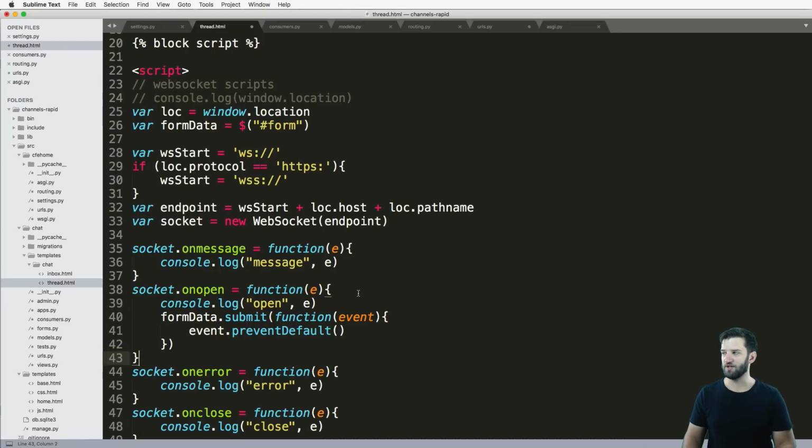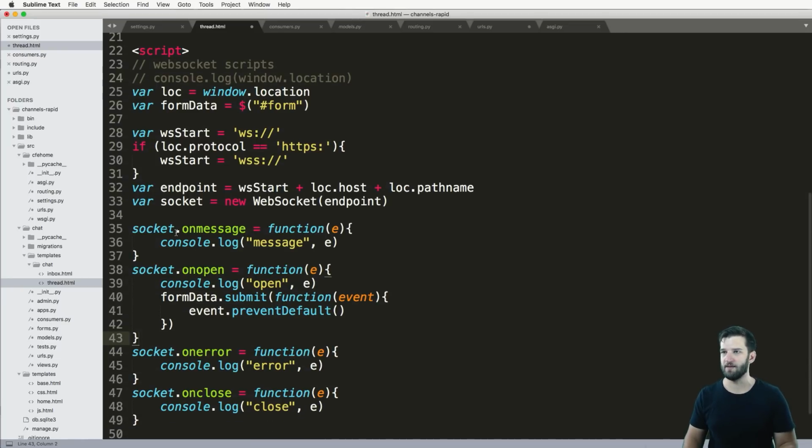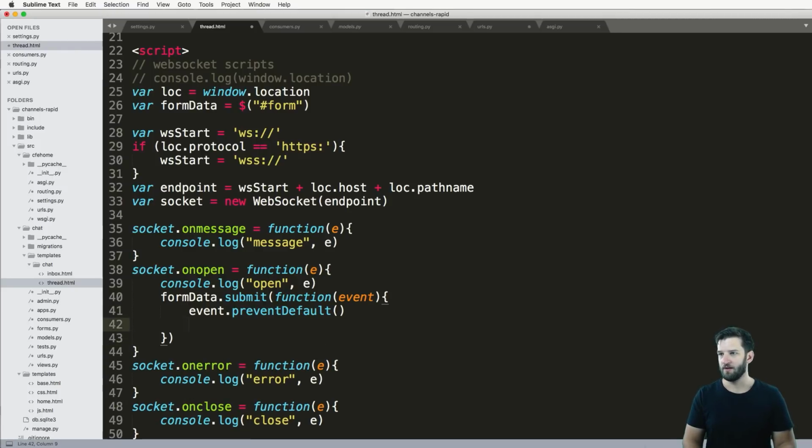So now what I'd actually need to do is send this data using the socket back to my backend. Without doing too much on the form itself, let's just go ahead and do socket.send and whatever data I want to send. Let's just put a basic string in here saying hello, or hello world like we've been playing around with. All this means is I need to submit that form, and then it will send something